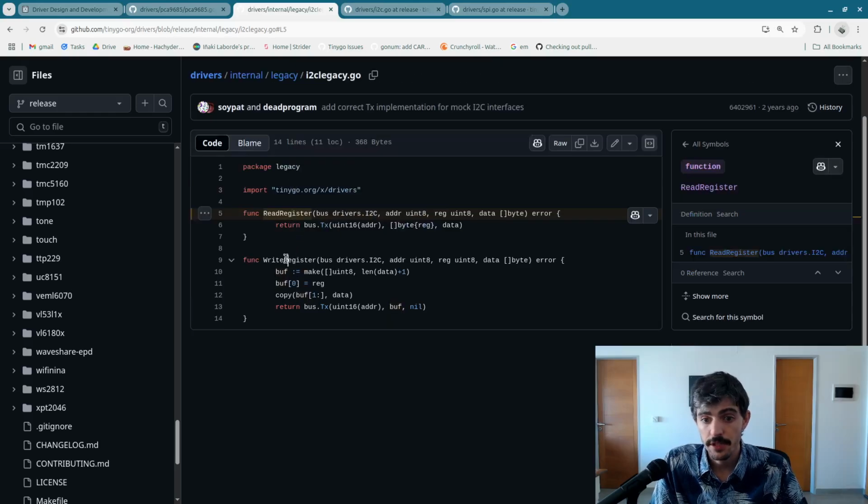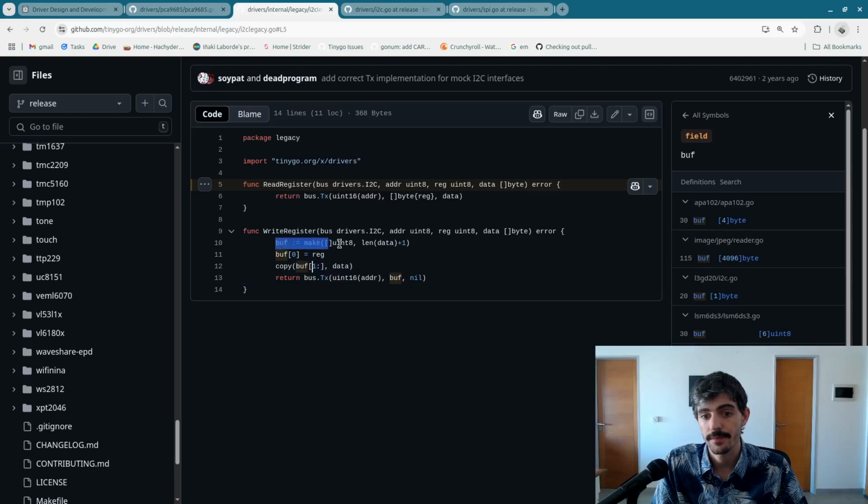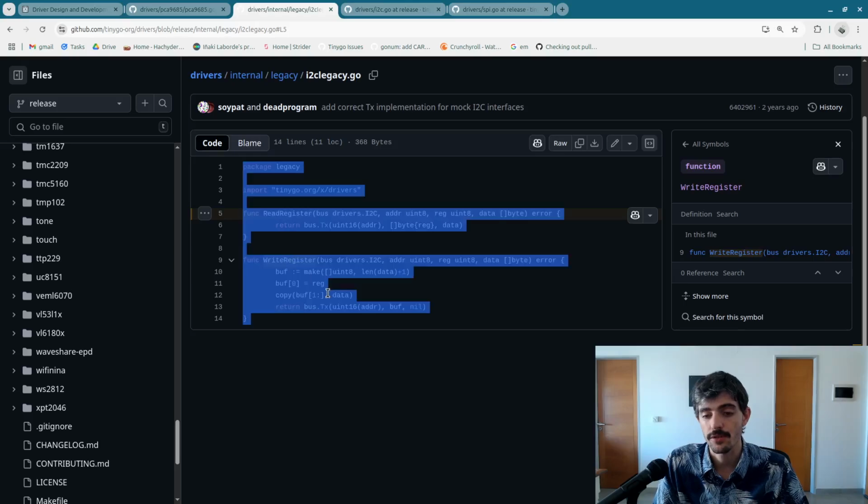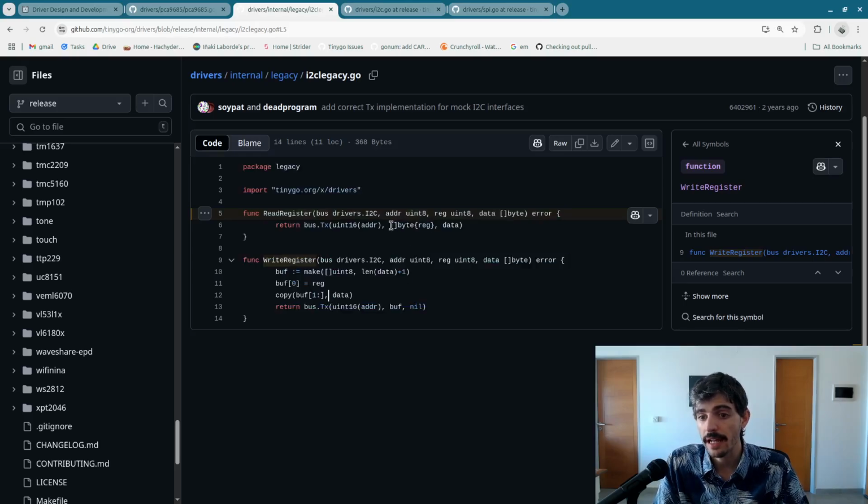And every single time you call write register, you're creating a buffer. So both of these will allocate this anonymous byte slice, and this guy's going to allocate this slice, which might be much longer. This is only a 1 byte allocation, but